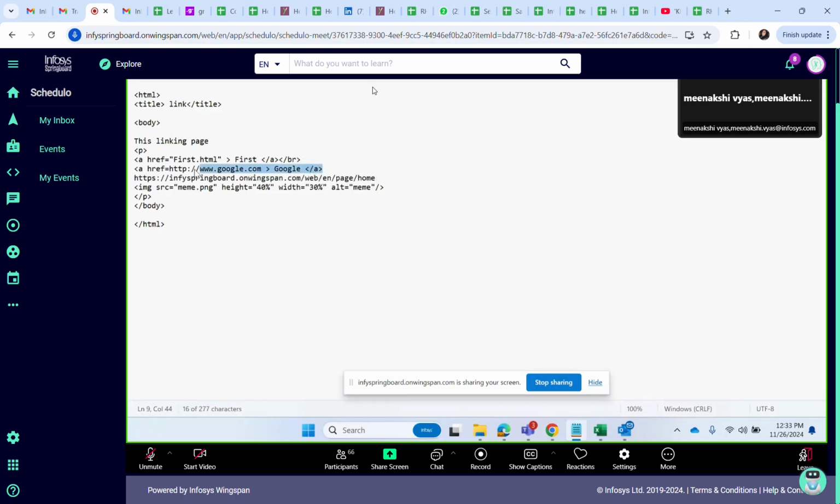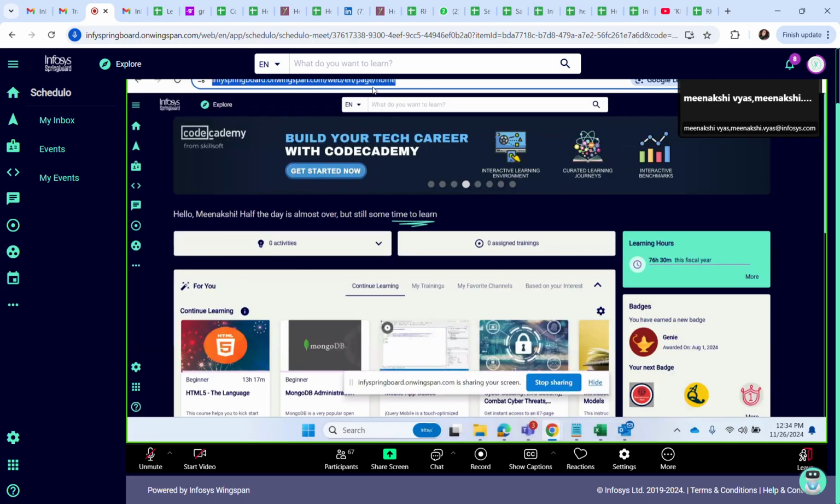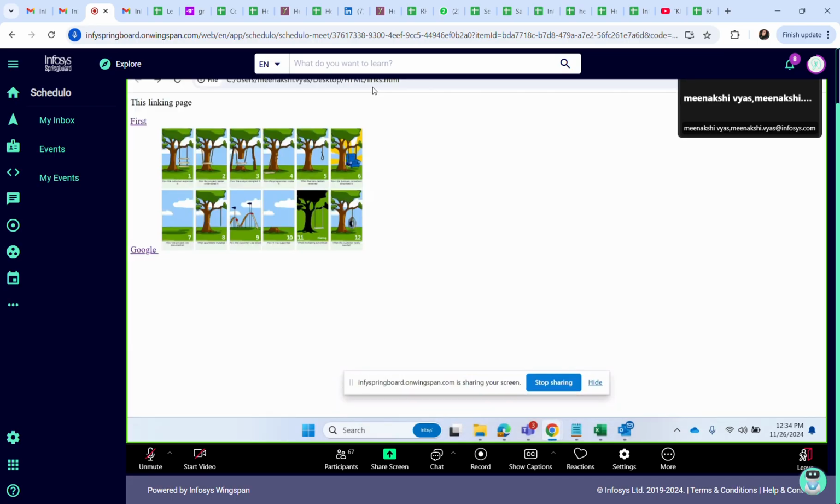Now let me give the link for this Infosys Wingspan. Control C, Control V, and remove this link. Right, Springboard, Control S, and reload.